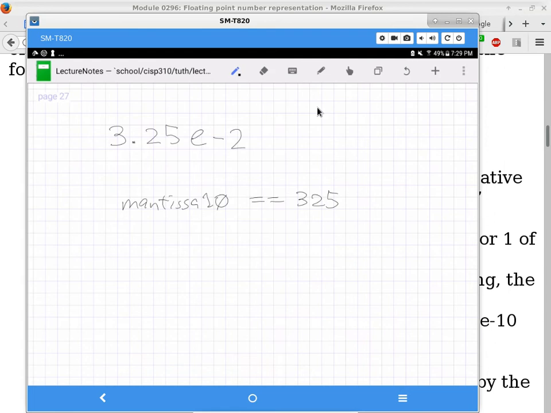Okay? So I want you to store the Mantissa in base 10 as 325 in this case, but that means the exponent in base 10 has to account for that shifting. If the original exponent for base 10 is -2, what should it be now? Now that I have bumped up the Mantissa to be 100 times what it used to be, what do I need to do to counter that by adjusting the exponent? So e needs to be -4 because I need to add another -2 to counteract the multiplication by 100. Yep.